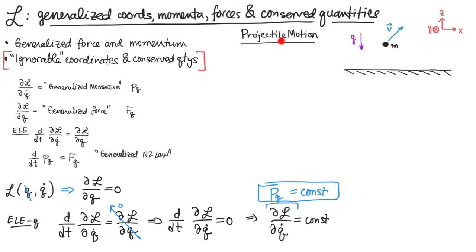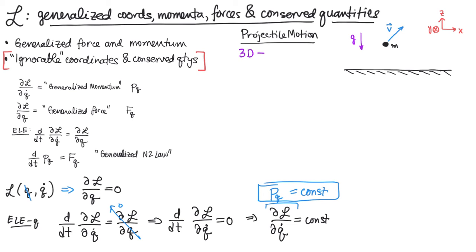Okay, so here's the setup. We're talking about projectile motion. We have the ground, and we have a mass thrown or shot at some angle, so it has a velocity in the vertical and the horizontal directions. We have gravity pointing down. And I've defined a coordinate system where x is the horizontal direction, z is the vertical direction, and y is into the page. So we have really a 3D problem